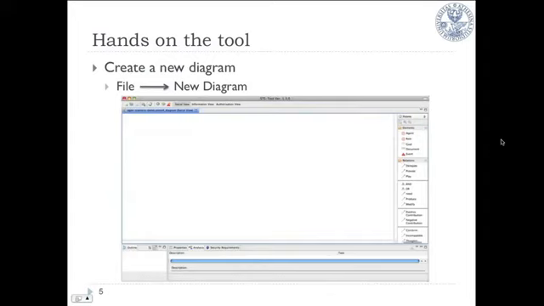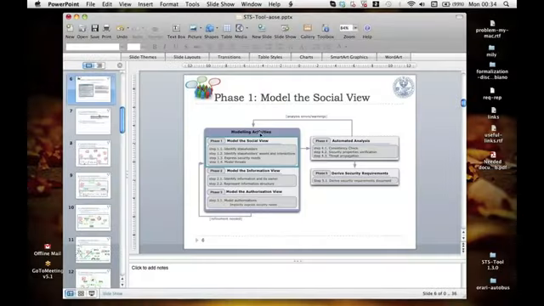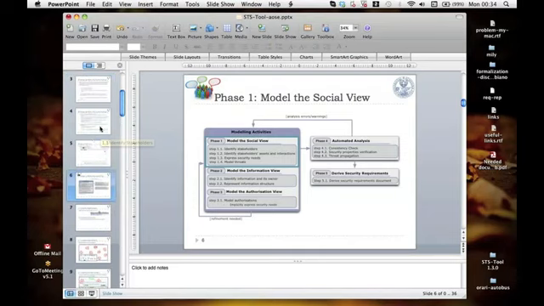So we'll start with creating the model for this EGOV scenario, and creating a new diagram is as easy as this. I'm going to switch from the presentation to the tool so that we will follow step by step the modeling activities that we perform to build the model for this scenario, and you can see live how we'll use the tool. Okay,